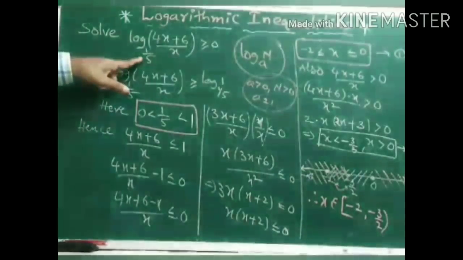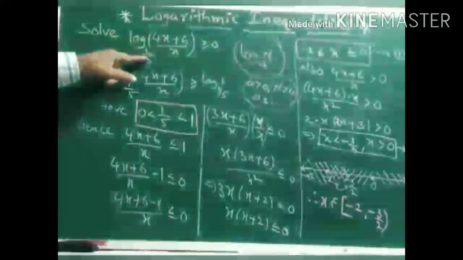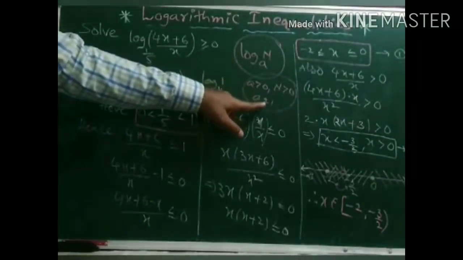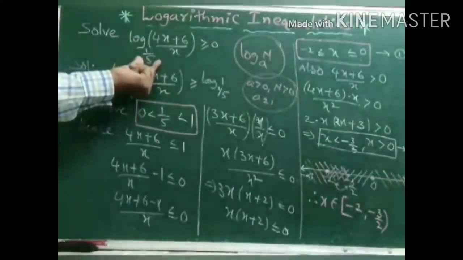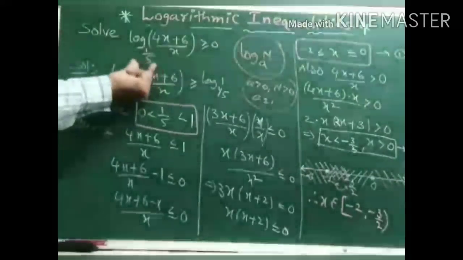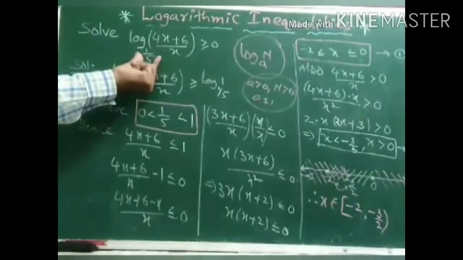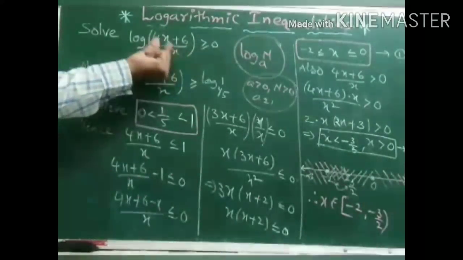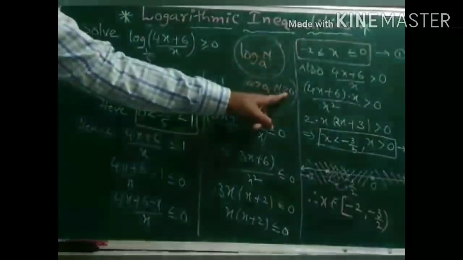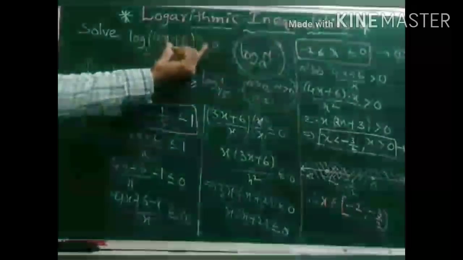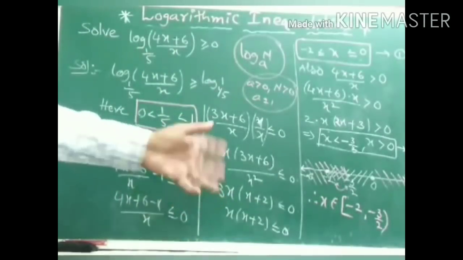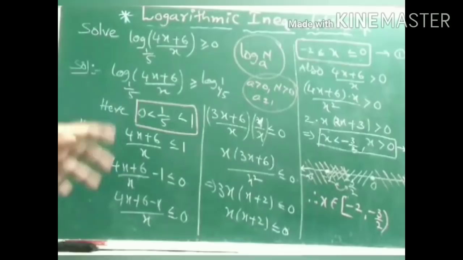Here the base is already 1 by 5, which is 0 point something, that is greater than 0 and not equal to 1. And there is no unknown value of x in this. So that's why here I don't want to discuss the base. But coming to the number, this is in the place of n. So look at me, the condition is n should be greater than 0. This is one of the compulsory conditions. And according to the inequality, we may get 1 or 2. That is compulsory. And finally, the solution will be the intersection of all existing conditions.